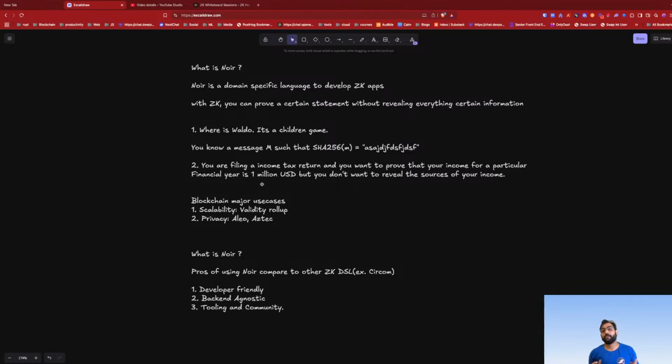So one of the ways ZK plays a role is you can take a number of transactions and create a proof that these transactions executed successfully and this is the final state, and you can post this proof on Ethereum. And all those transaction states then become available on Ethereum, right?